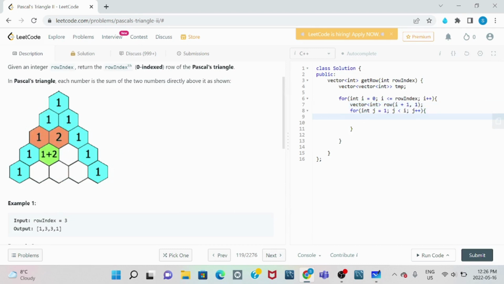Then we are going to populate the jth location. It is row, and here we are going to do the same thing we have done with the temp, what we just discussed on the whiteboard. So it's temp of I minus 1 and j minus 1, summing that value with temp of I minus 1, the previous row, at the jth location. Once you're done with this